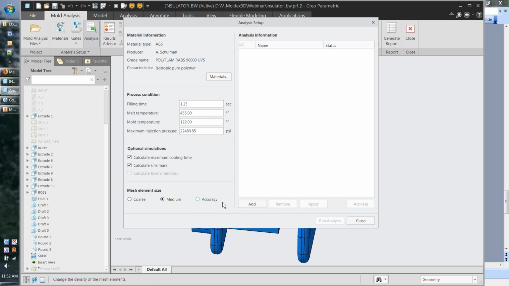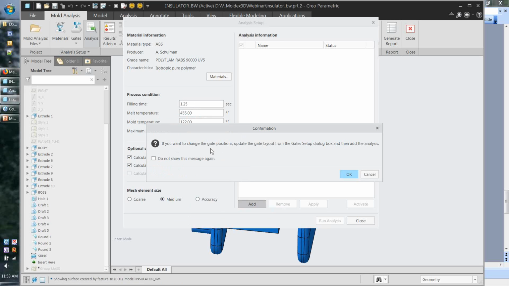And then it says if you want to change the gate positions, update the layout from the setup dialog, and then run the analysis. So basically it's reminding me, hey, I've got all this information that you've given me and I'm going to use it. If you go change the gate after the fact, the simulation doesn't automatically reflect those changes based on that new gate location. You would go and create and run another simulation, and the simulation saves that gate information